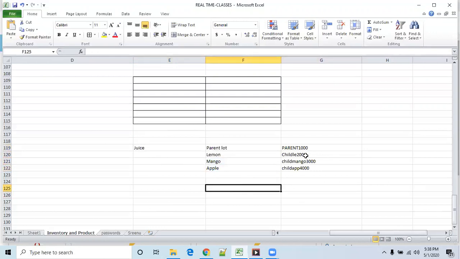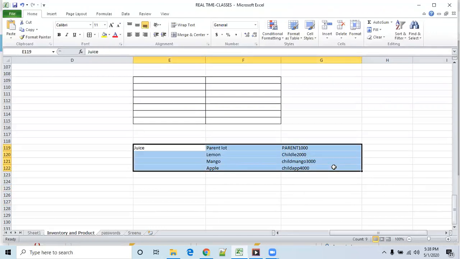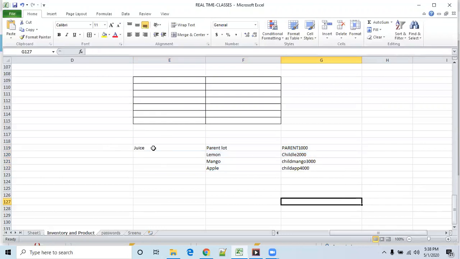Lemon will use this one, mango will use this one, and for example in lemon, based on the quantity the child lot will automatically increment. We'll see how to do that. This is the scenario they use in live environments. Usually the parent is fixed for each component.